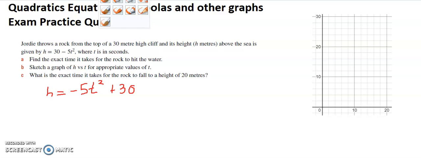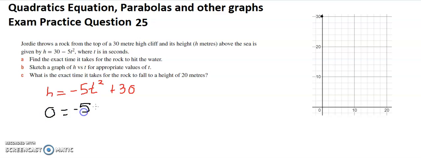So from this, it says find the exact time it takes for the rock to hit the water. So straight away, I know that I'm looking at where it crosses the x-intercept. So that means I know that my height must be 0. So if I just write it as 0 equals negative 5t squared plus 30 and solve for t, I'll find